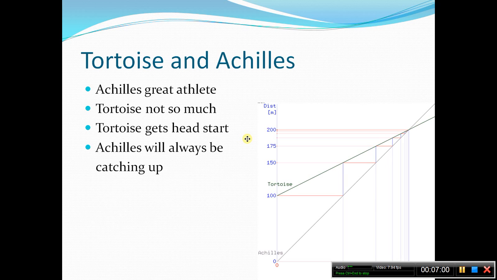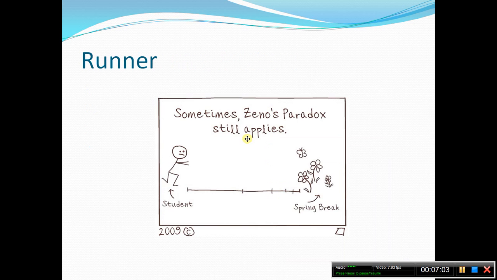I first want to, if you didn't understand this iteration of the paradox, there's another one, the runner paradox. And so instead of a moving target, we just have one thing. So we have a runner, who is in this case a student. He's trying to get to spring break. But you notice every time, in order to get to spring break, he must go half the distance. And in order to make half the distance, he must then go half the distance of that, and in order to go half the distance of that, he must go half the distance of that, and so on and so on. There's an infinite amount of distances he must traverse. So, therefore, just as in the Achilles and the tortoise, motion is impossible.